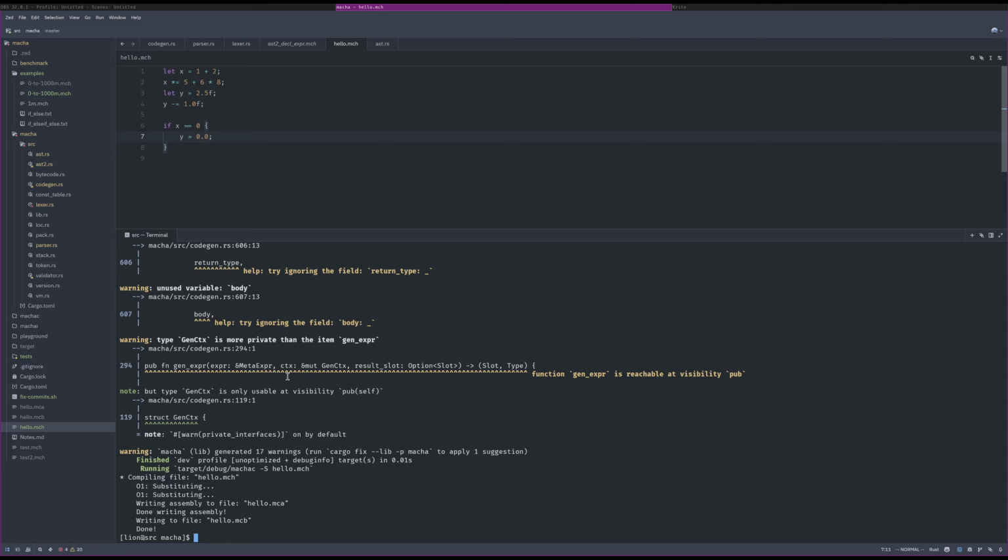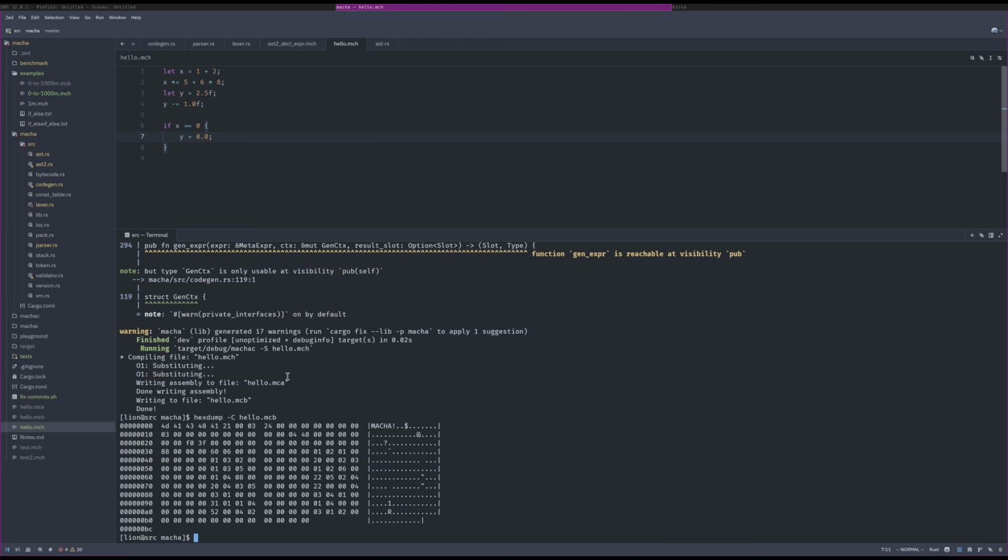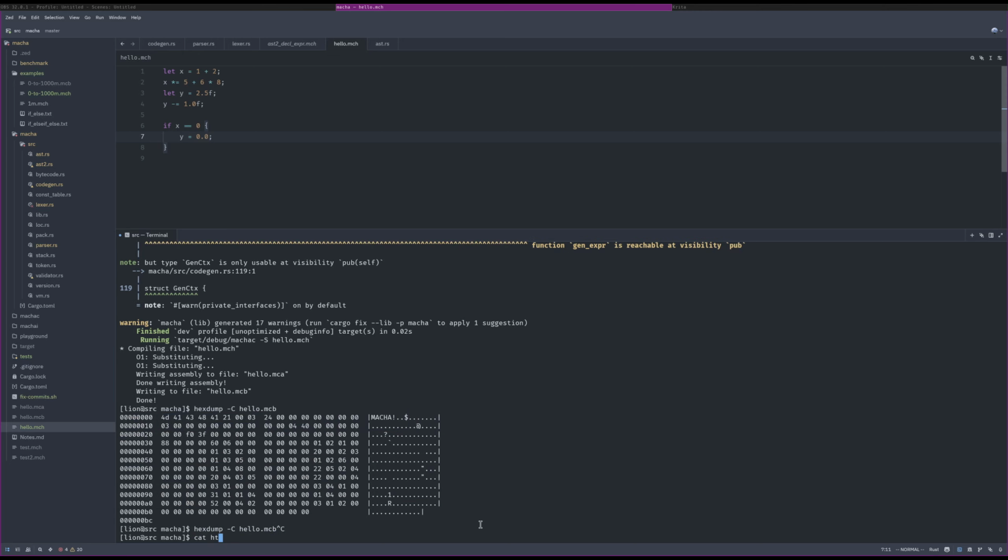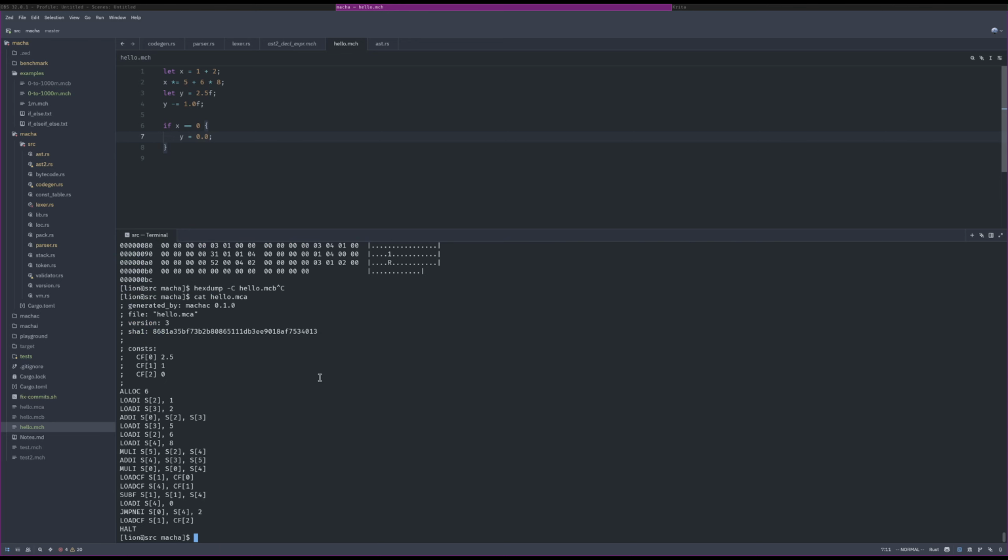So what we can do is we can give it the -s flag. Regardless of whether I give it the -s flag or not, it dumps me a file called hello.mcb, and that's the binary file essentially. As you can see, it starts with Macha, and then it has some header information, and then it has the code. So very simple. And if you now look at the hello.mca, which is generated by the -s flag of the compiler, you see that we now get some